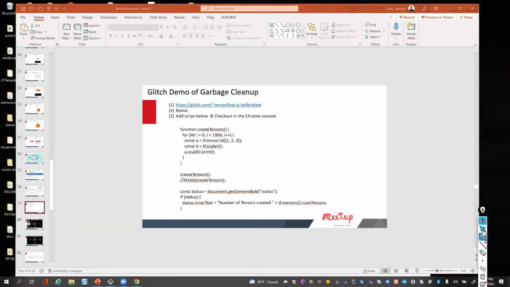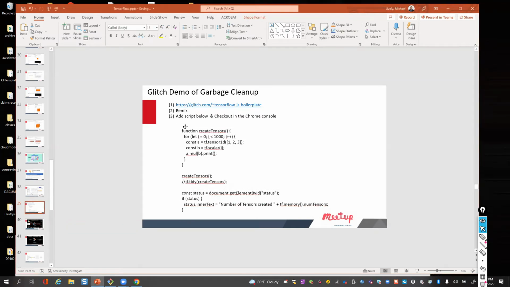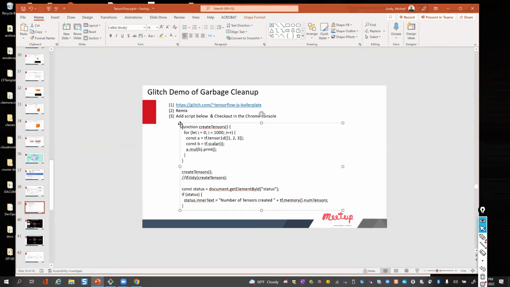So all you have to do, if you downloaded the slide, is just copy this code. I'm going to copy this code and paste it in my JS and run it. Let me go ahead and grab this. I can put this in the chat as well if you want it. When you're copying code like this, you always have to be careful of special characters as well. Hopefully I didn't pick up any.